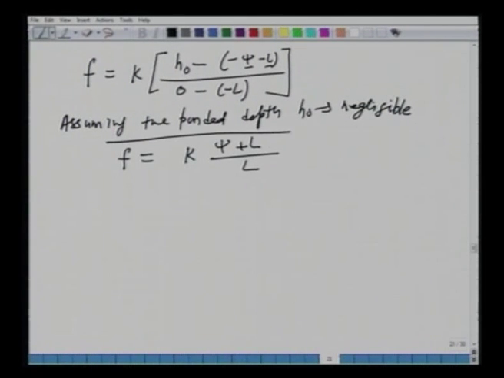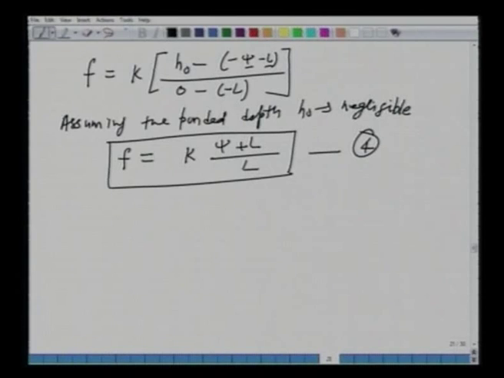Okay. So, this is your equation number 4, which relates the rate of infiltration as per the Green-Ampt simplifications with the hydraulic conductivity, the suction head and the length of the wetting front. Now, what we do is by continuity. So, this equation is what? It is nothing but your momentum equation.